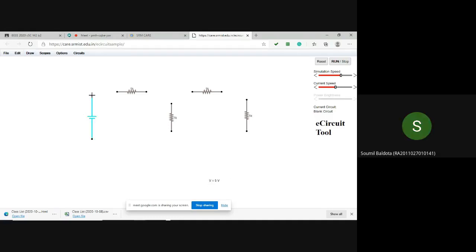Ma'am, in the last class I was sick, so I don't understand how to do the Thevenin voltage. Now you are seeing it again, no? Same way how to proceed. I'm teaching again now for all the others' sake. Then what is your problem? Ma'am, I did not understand what practical value and theoretical value we have to put. Practical value I will tell you. After I tell, if you're still not able to understand, you ask me.